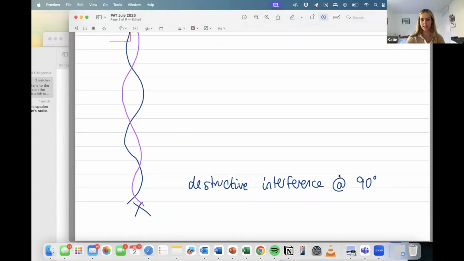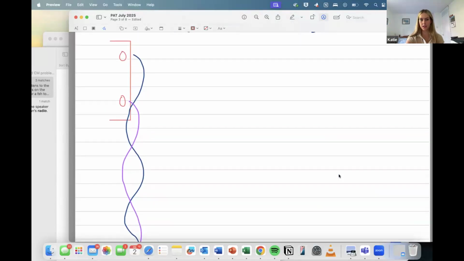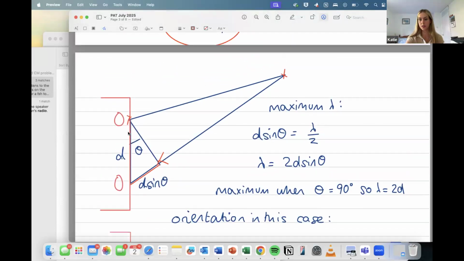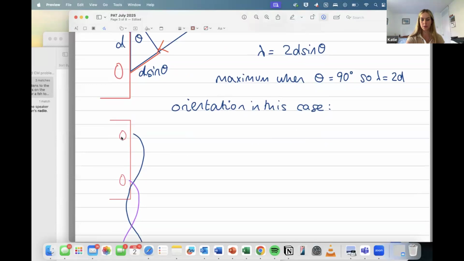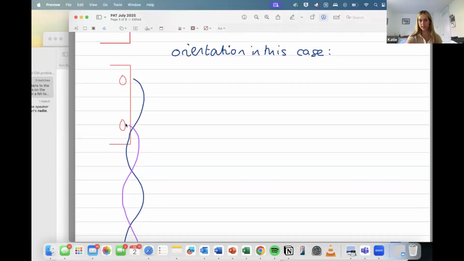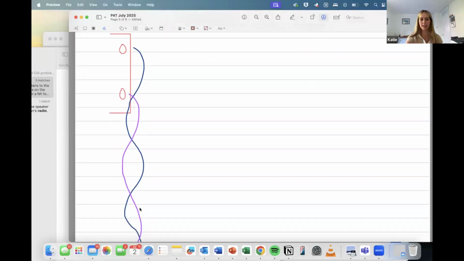So something like this, where theta is at 90 degrees. And you have the two sources, and one is just simply, so lambda is 2d. So this distance between the two speakers is d, which is going to be a half wavelength. So the first wave completes a half wavelength before even reaching the second one, and then they are completely in